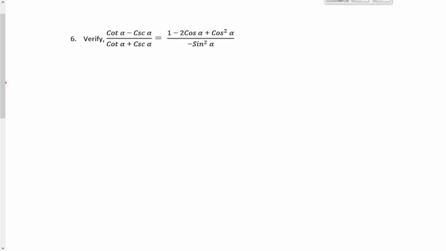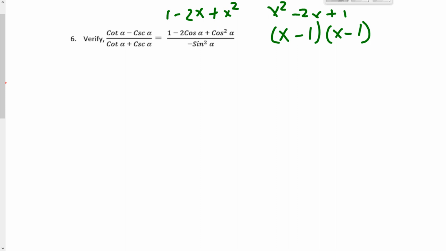This one on the right, this top one, actually looks like 1 minus 2 times something plus that same something squared, right? So isn't that just a quadratic? x squared minus 2x plus 1. My x just represents cosine. That's what's being squared here, and that's what's being multiplied by negative 2, the cosine. So really, this is just a quadratic, x minus 1 times x minus 1, right? That would get me that. So my x is just representing cosine, so I can take this one on the right and rewrite it as